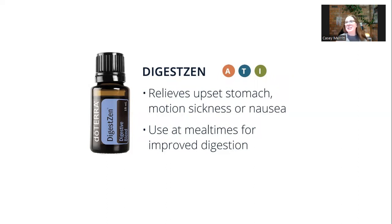Or maybe you just ate too much, or you ate something that doesn't agree with you. During the holidays, I use this just because you're eating so much good stuff, right? But your tummy's a little upset with you. So DigestZen is one to have. And like I said earlier, when you're having that stomach upset, use it as many ways as possible. Put a drop in your hands or dilute it and rub it on your tummy. Put a drop under your tongue